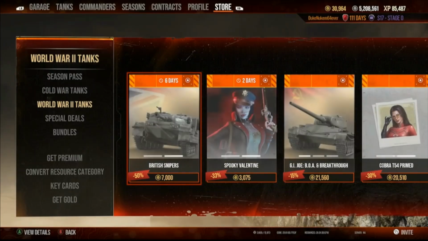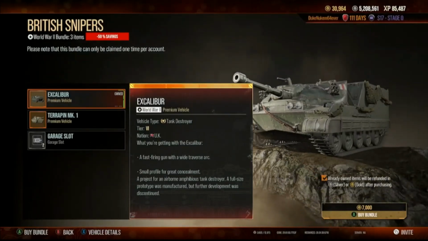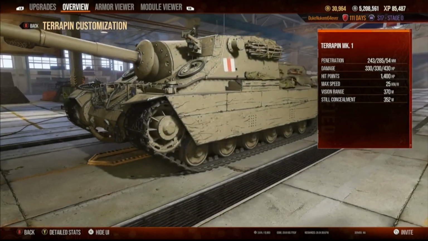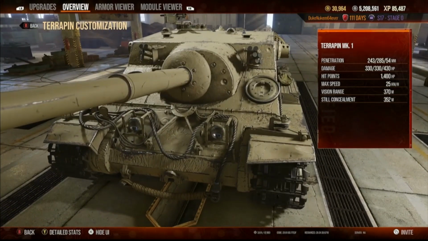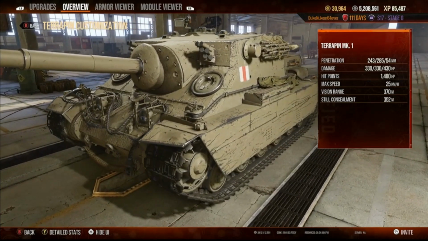Okay. World War II tanks. British snipers. What do we have here? Excalibur, got it. Really good. Terrapin, don't have that. This is one of those tanks that's really cool. But I already have, just by luck, a bunch of Soviet tank destroyers that are basically the same thing. So it's one of those things that